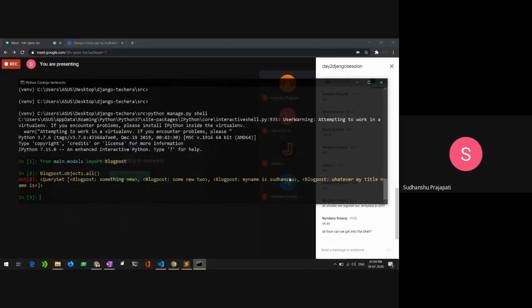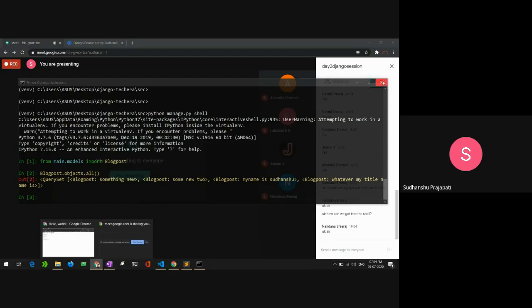To save anything, you can do it just like this. You need to create an object from BlogPost, giving it whatever data you want to save inside the braces. And after that you need to run the save command. If you don't run the save method, your data won't be saved inside the database. It will be just inside that terminal. So I think that's clear.